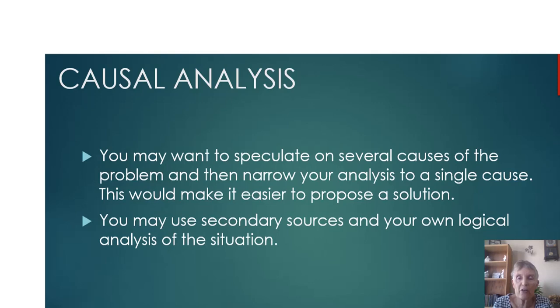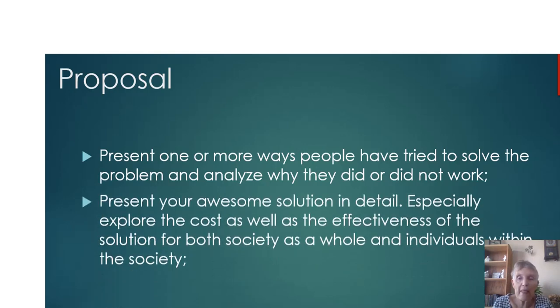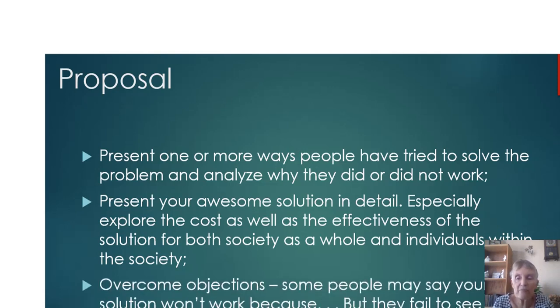Be thinking critically here. Your proposal part, present more ways people have tried to solve the problem and analyze why they did or did not work. Maybe some parts of it worked and some parts of it didn't. Check and see. And then present your awesome solution in detail. Especially explore the cost as well as the effectiveness of the solution for both society as a whole and the individuals within the society. And then overcome objections. Some people may say your solution won't work because, but they fail to see. So see, if you do all those things, you're going to end up without having any problem at all getting